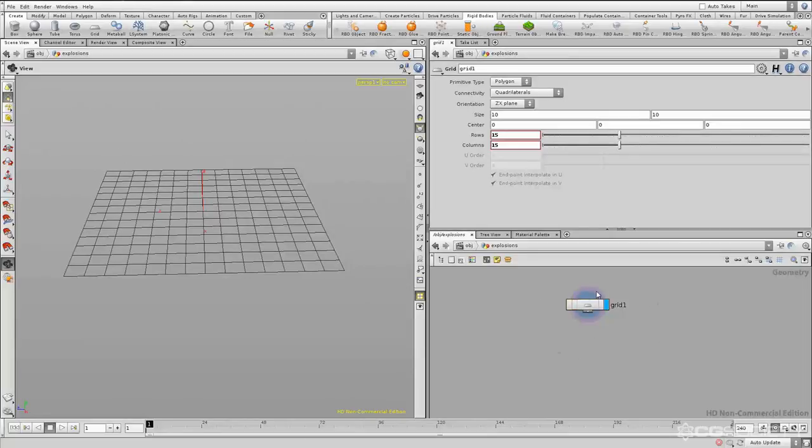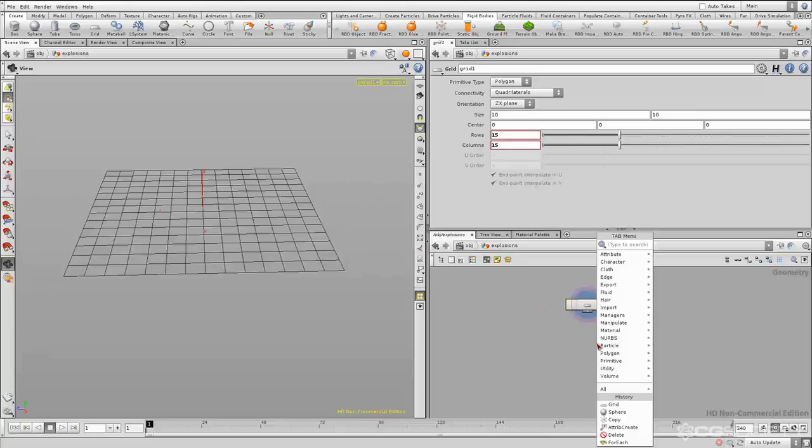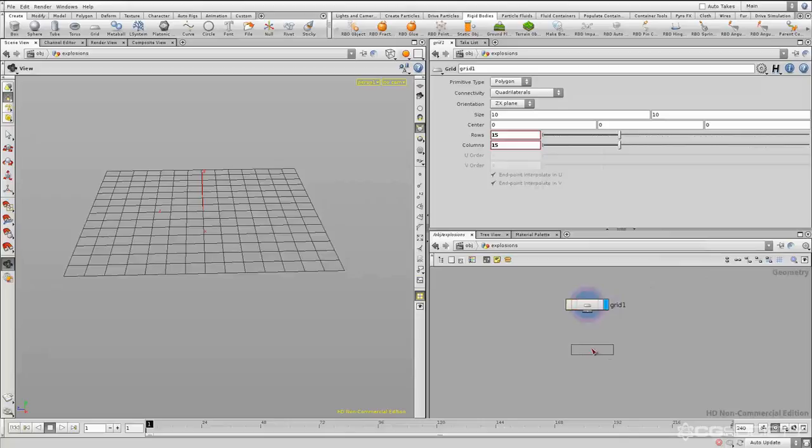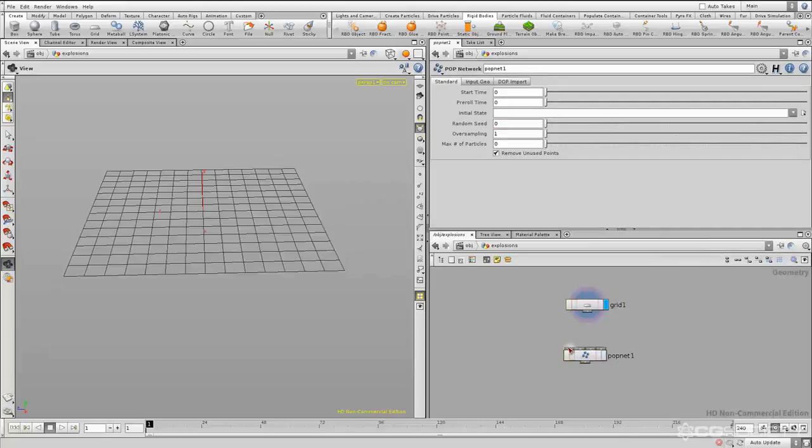And now let's set up the basic particle sim. There are multiple ways of creating particle sims in Houdini, but I think that the simplest and easiest to understand is to just use a popnet. So if we make sure that our cursor is in the network editor and hit tab, start typing pop network, we can grab that, put it down, and then